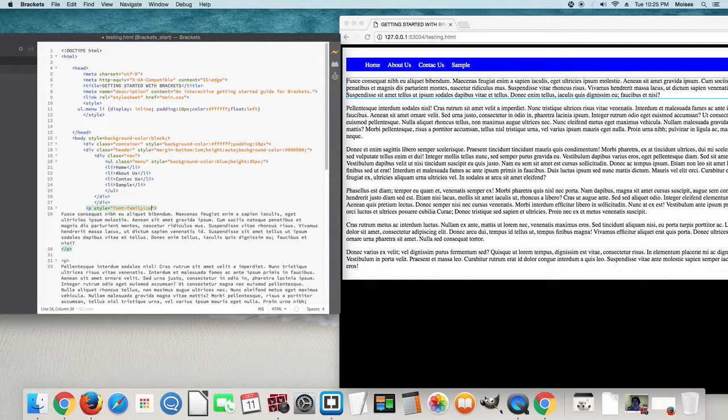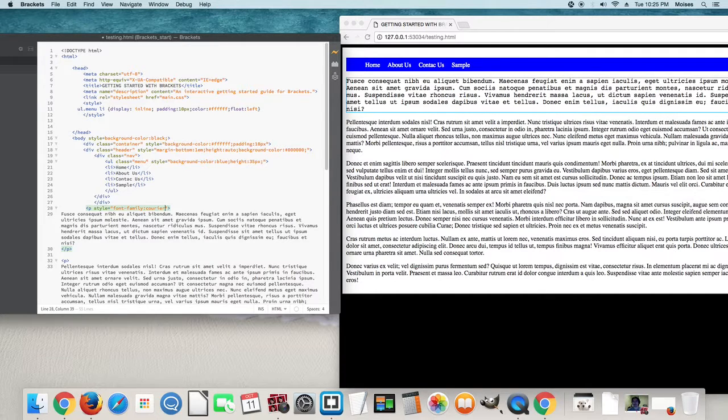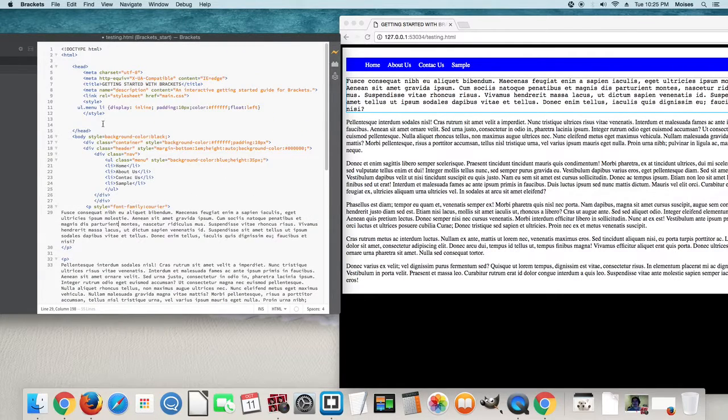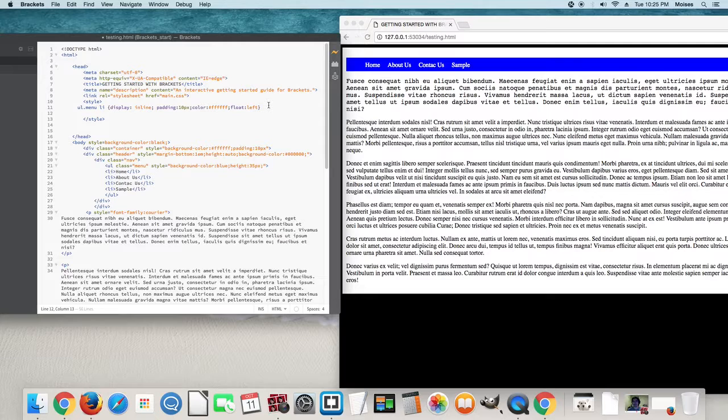I don't know, let's say Courier. Excellent. But I don't want to do this for every paragraph to put a style. So what I'm gonna do is on the head style here, right by the style tag up here, on the head section, I'm gonna go ahead and create another CSS style, and I'm gonna call this one, I don't know, P. And then we're gonna go ahead and put those little curly brackets, and then I'm gonna say font-family,